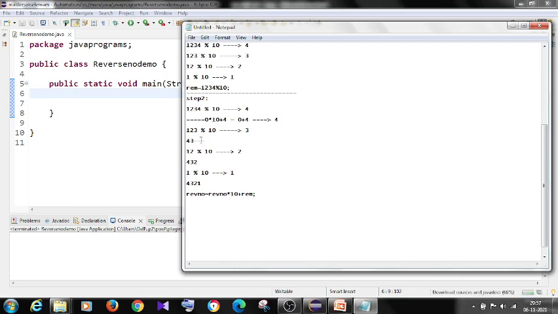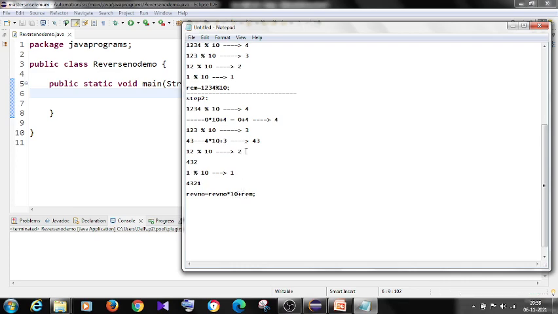How can I get it here? See, now my rev number is 4 into 10 plus 3. So what will my output be? Output will be 43. Got it? So why am I dividing by 10? Why not with 1 or like this? So now 40 plus 3. What will it be? 43. Okay, so the rev num into 10 plus remainder.